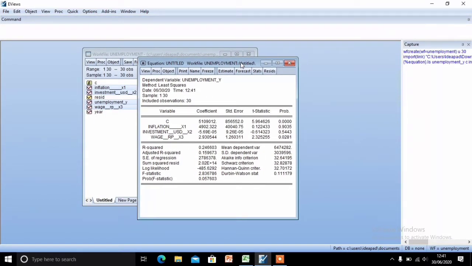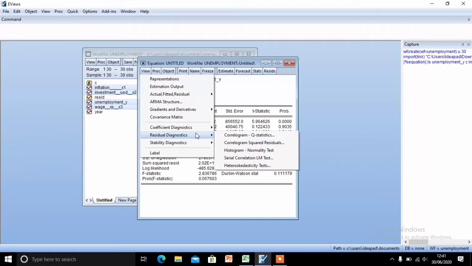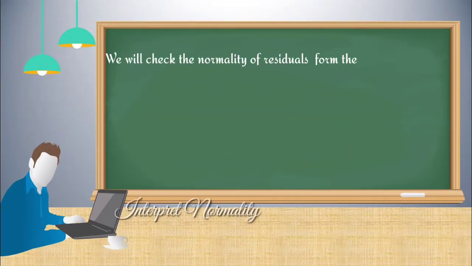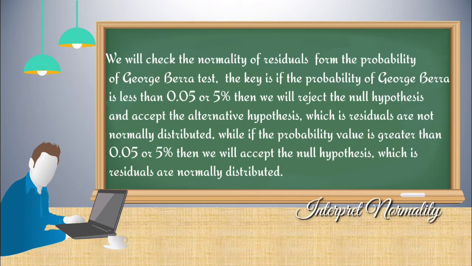To check the normality test, you just click View, then Residual Diagnostics and Histogram Normality Test. So this is the result. We will check the normality of residuals from the probability of the Jarque-Bera test.